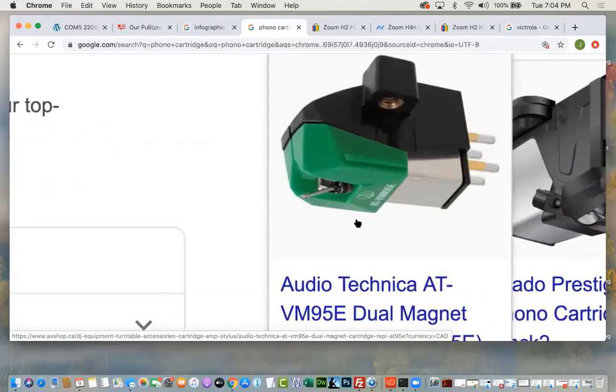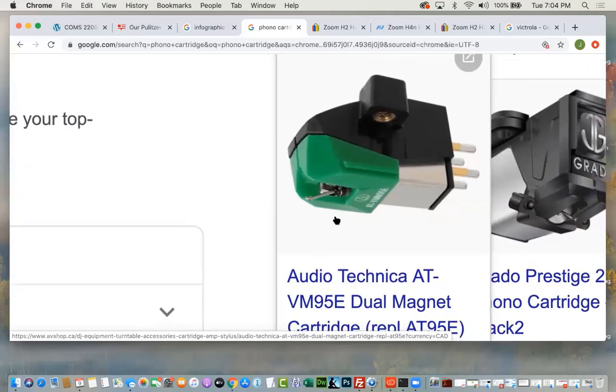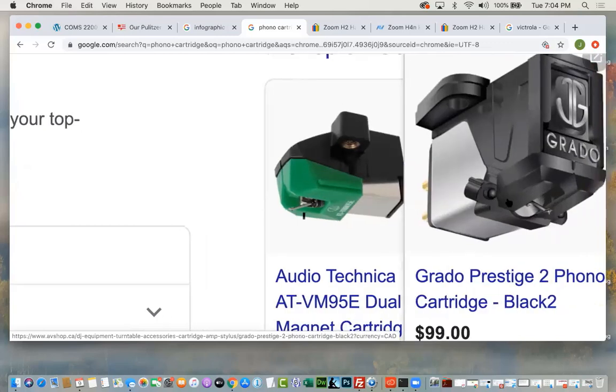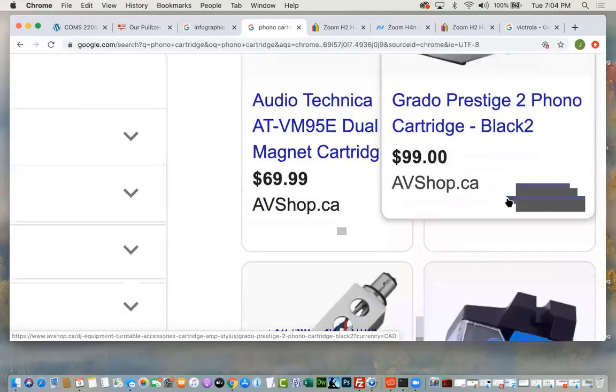Now, what I'm showing you here is an Audio-Technica cartridge. You see that little dot where my cursor is? That is the needle. I got a funny story for you. The first time I tried setting up a record player, I didn't notice that little dot. I thought the long part was the needle, so I twisted it and broke it. I was very upset. So that long part is actually the stylus, but the needle itself is that little chip, that little line. And then inside there are two magnets and a coil. And that's how it works.